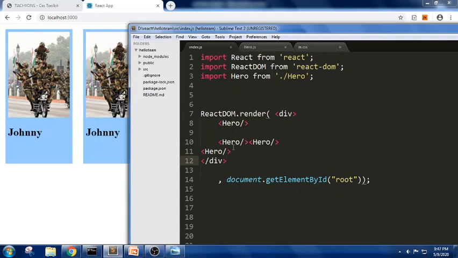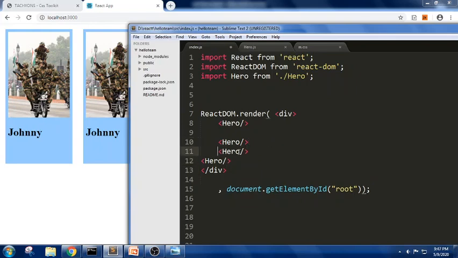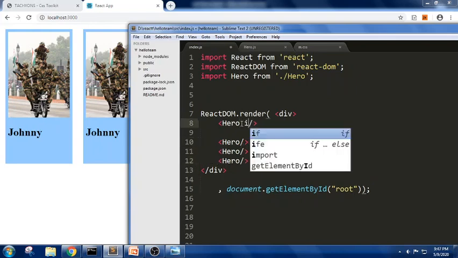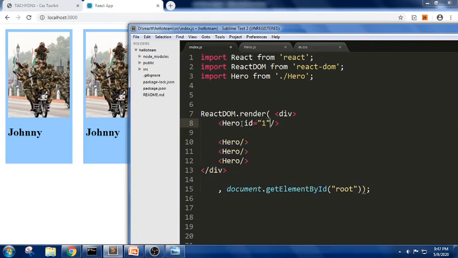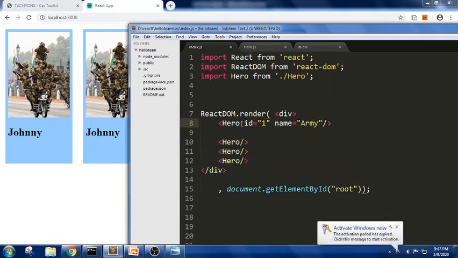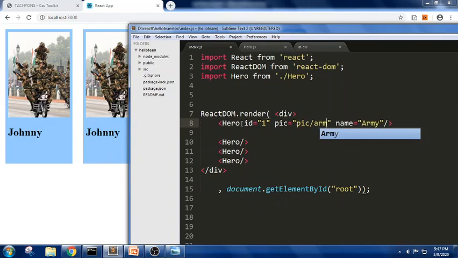Now for example, I am trying to pass some properties. Here it is a hero image, right? So in this I am trying to pass some id equals 1, name equals army. First I need a pic, so I will write pic equals the path of the image, that is pic/army.png.